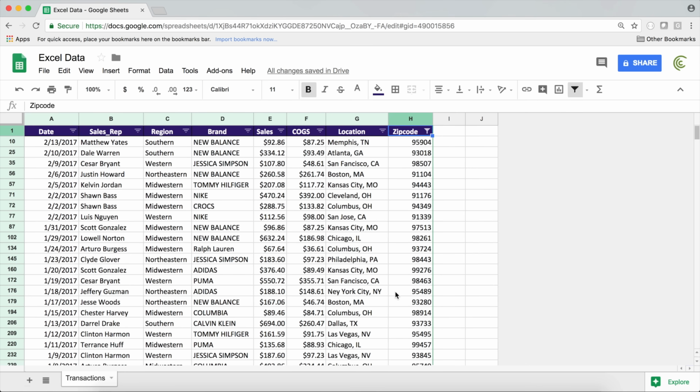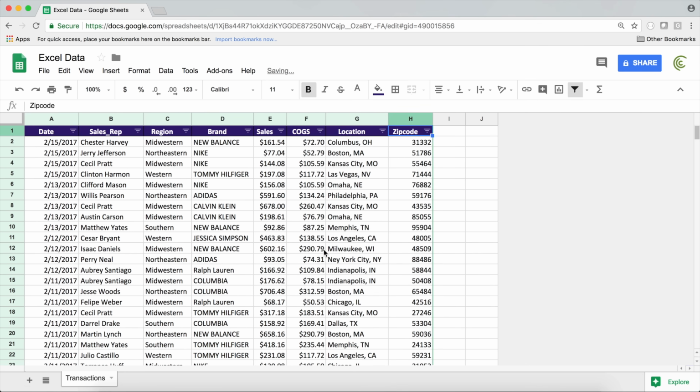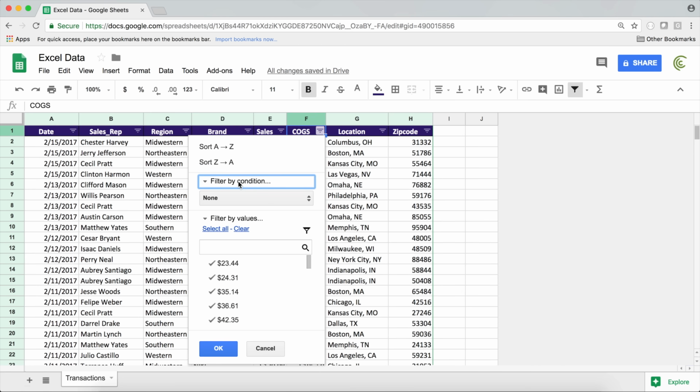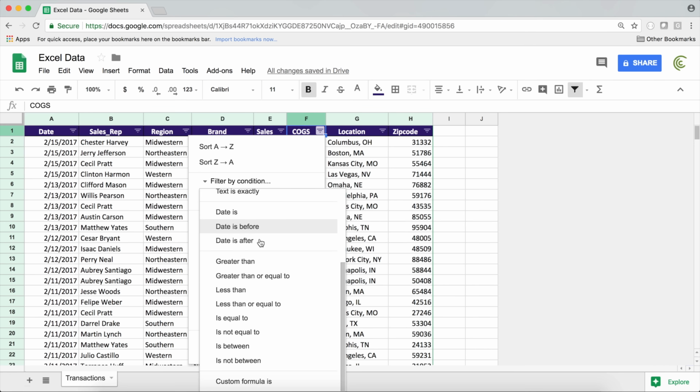And there we have it. We have all of those. So I'm going to just take this off, none. Now, what if we want to just filter to numbers that are above a certain number? So let's say we want to get everything that's above 200. So again, I'm going to go here, filter by condition, and see here is basically our text stuff. I'm going to move down, then we have our date. Now we want numbers. So I'm going to do greater than,